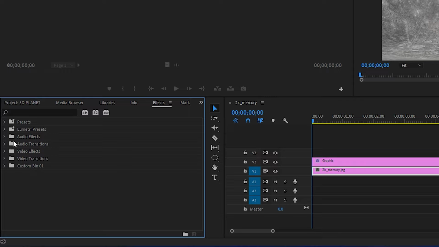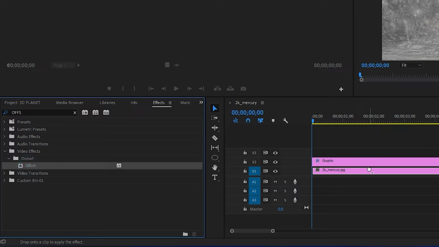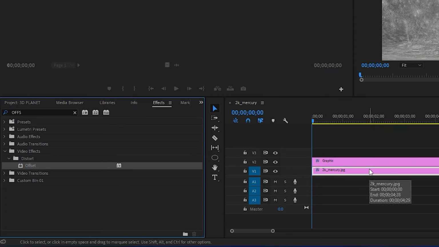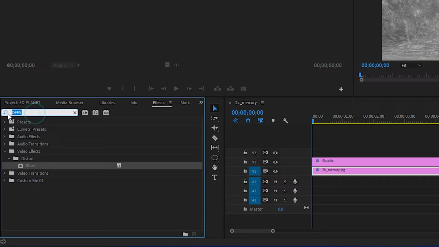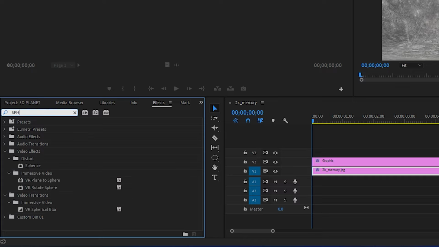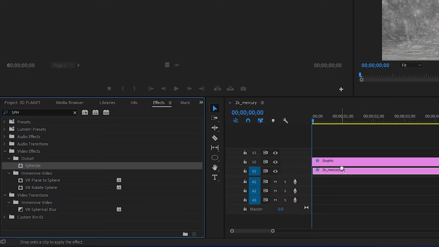The first one, search for the effect called Offset and drop it onto your second clip. It's an image, not a clip. Then search for the second effect, called Facet